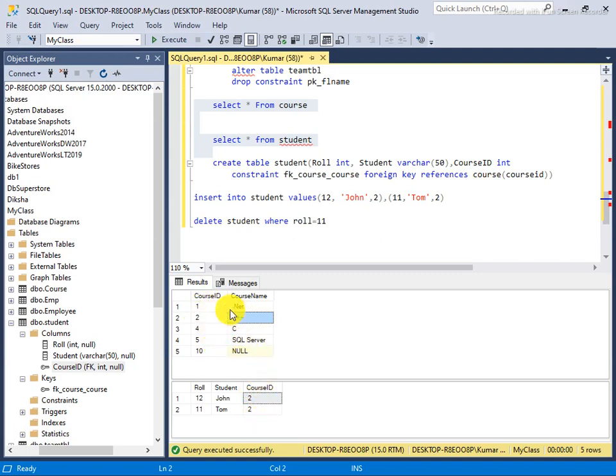And maybe the same course ID can be referred in another table like a finance table, fees table, where students are paying their fees, and we are maintaining their record with their roll number, their course ID and their payment details.